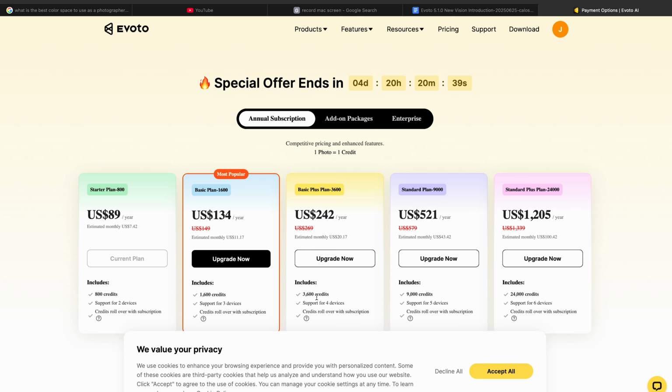I don't feel like there's photo editing volume, full access, whatever. But their biggest one here is 24,000 credits for a year. And that's pretty good, but if you're a big volume photographer, you might actually bump over that. I'm not sure.